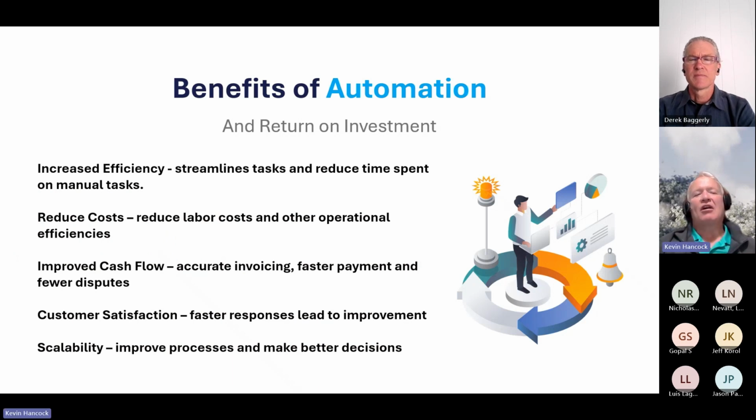Now, when we can automate things, there's really 5 key areas where we're going to benefit from that. Obviously, we're going to increase efficiency, right? We're going to be able to streamline our tasks. We're going to reduce the time we spend on those tasks. So hopefully we can do better things or things we enjoy more or things that benefit our business because we've taken out those manual steps with automation.